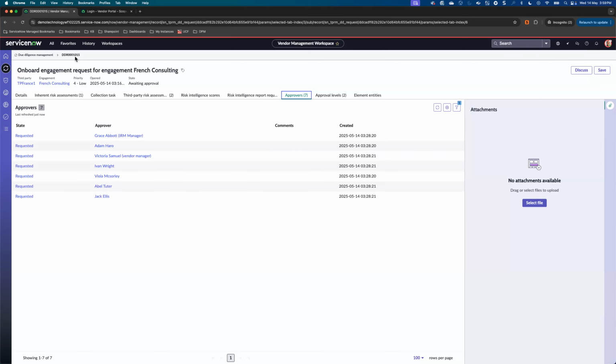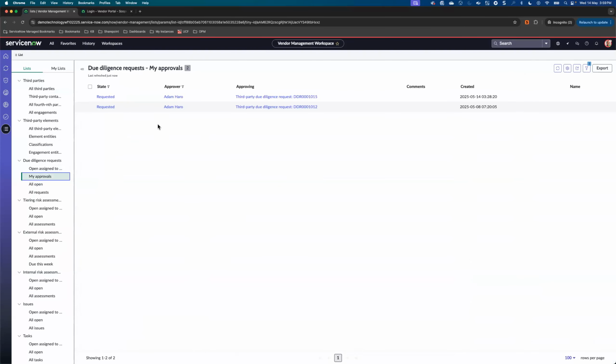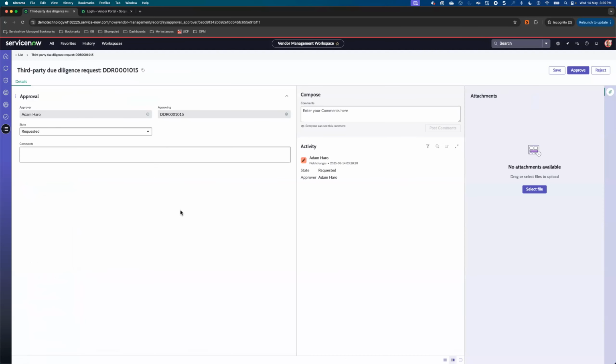So the request number is 1015. What he can do is go to due diligence requests and go into my approvals. I'll pull up the request, and once I've gone through all of the reviewing of the assessments, Adam Arrow can take a call whether to approve or to reject. So with a happy path, I'll choose approve